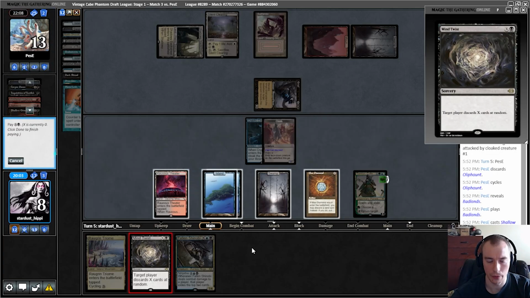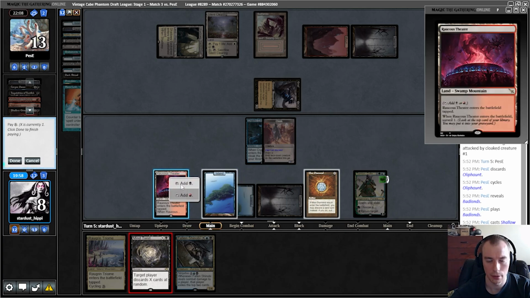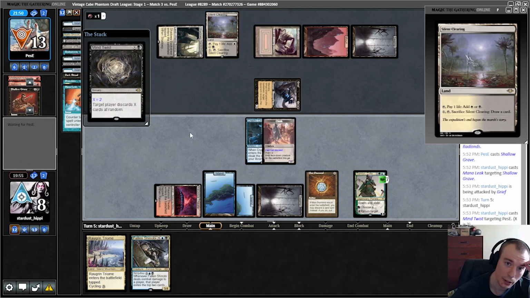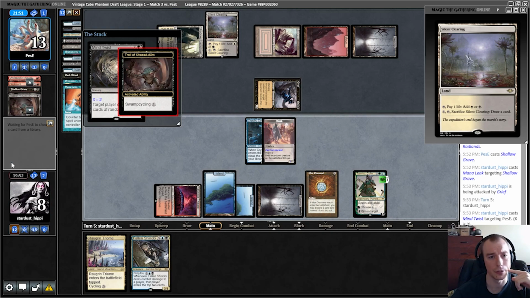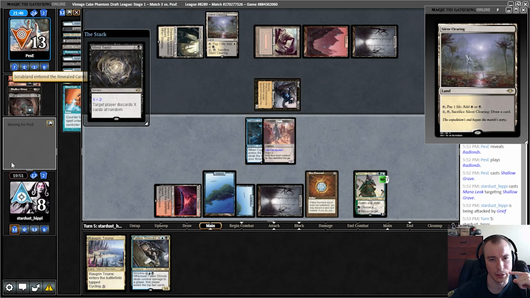Okay, let's twist them for 2 first. 3. Done. I guess they could sack the clearing in response to save a card. Kind of. Swamp, cycle the Troll. That doesn't really change anything. Just means the Scrubland's going to be in your graveyard now instead of not being in your graveyard. I guess that's better, but...